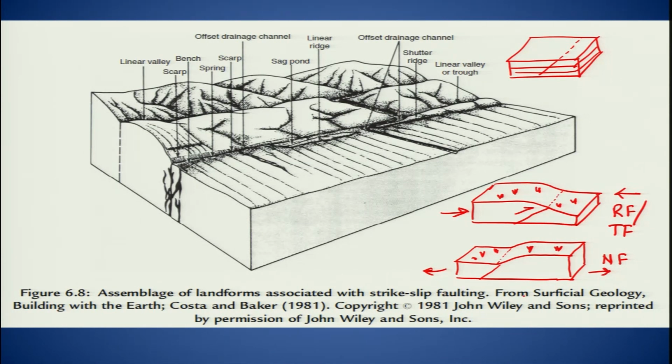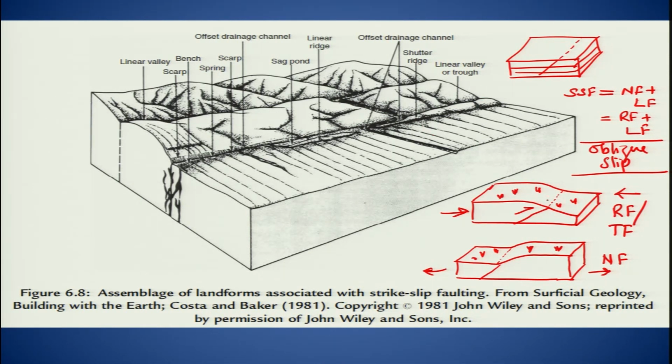but in case of strike slip faulting, which will have the combination of normal faulting plus lateral faulting, okay, or you will have reverse faulting plus lateral faulting. So you will have a combination of these two. That is what we call the oblique slip. So this oblique slip will result in the formation of different landforms